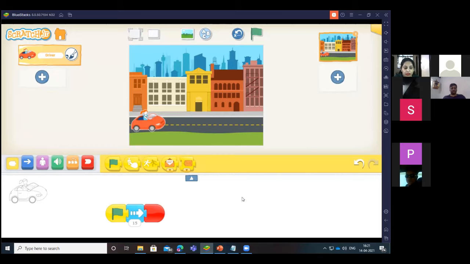Kids enjoy because you don't need to do any type of programming. It is just drag and drop. And even your computational thinking is enhanced with this activity. They are able to think that how much they need to move forward or backward, whatever you feel. And you can show by using all the steps also.